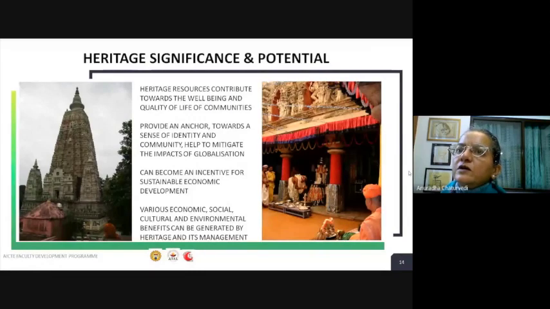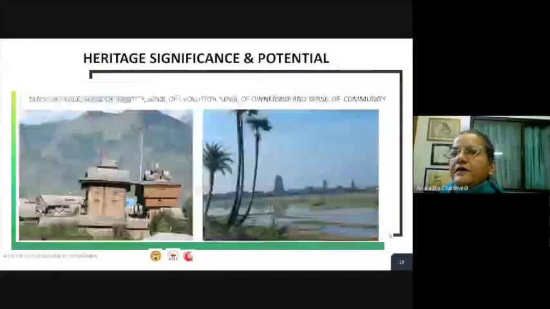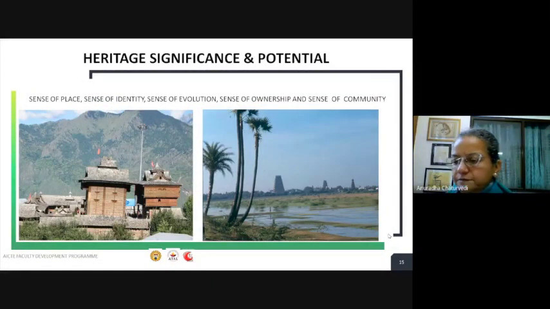So these are heritage resources, tangible, intangible, rituals, practices, natural resources, which contribute towards the well-being and quality of life of the communities, and which are integrated within the